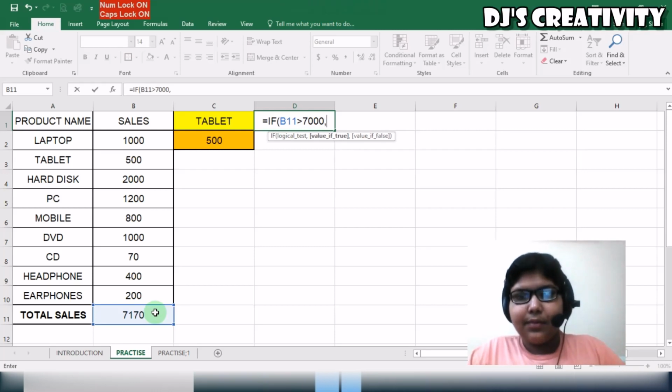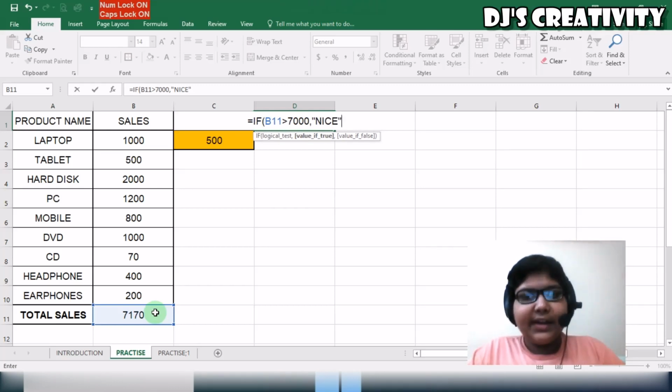Then a comma and now we need to select the value to be displayed if the criteria is met. We need to put these in inverted commas. Let me choose if the sales are greater than 7000 then the value be nice.